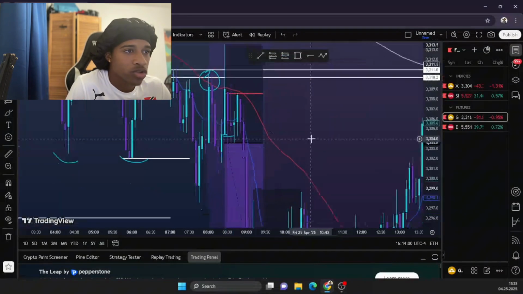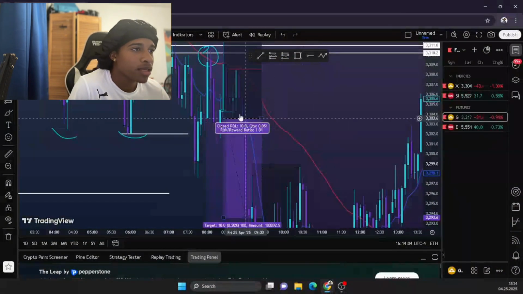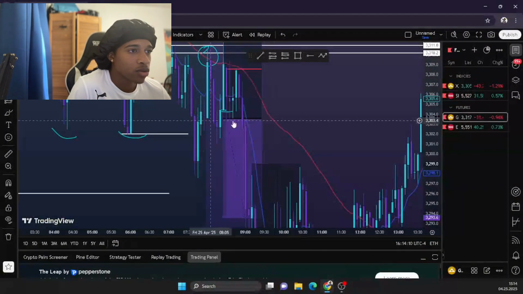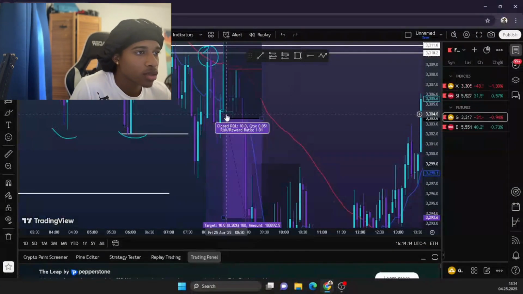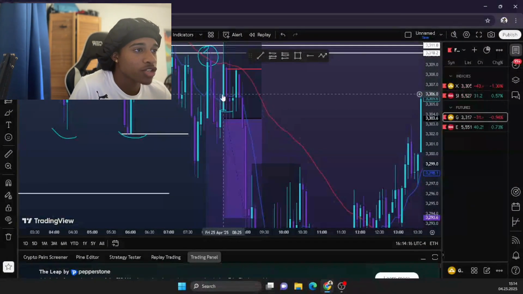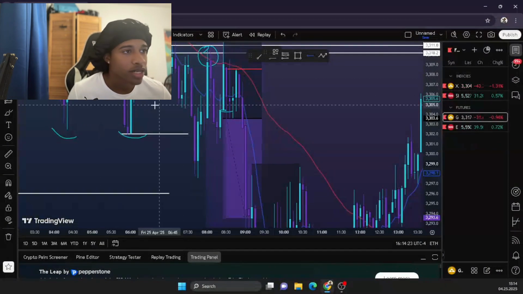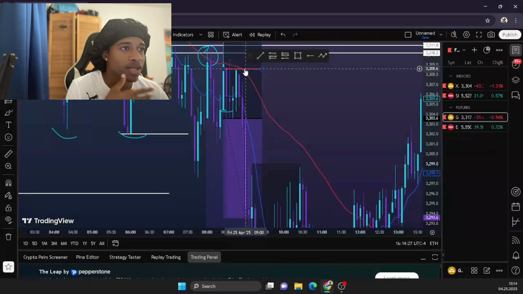But I wasn't too stressed about it. We're already in a downtrend. So a little bit of consolidation right here, rejecting off of these lows right here, sorry. And then this major rejection right here, I was starting to watch it. I was like, okay, if price decides to break above this level right here, which is this red line, I don't know if you guys can see it, that there was my stop loss.